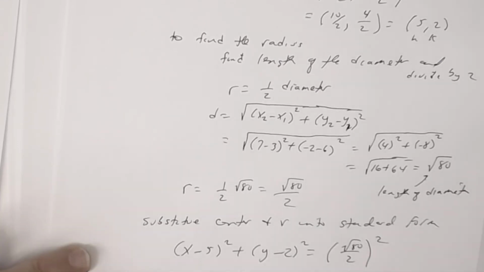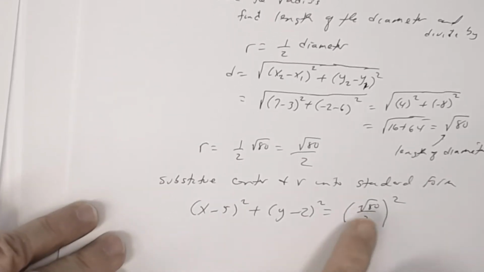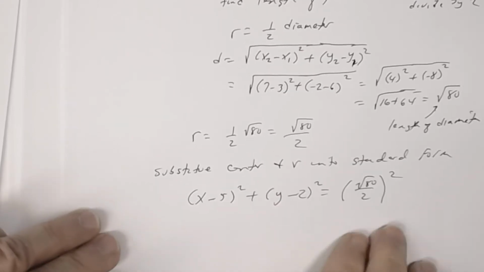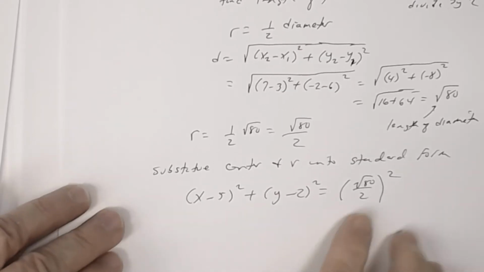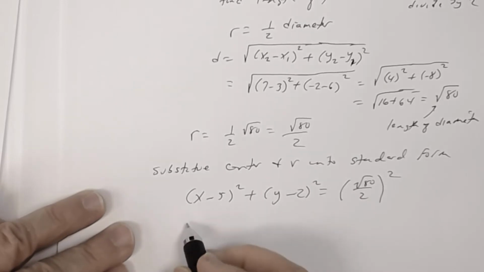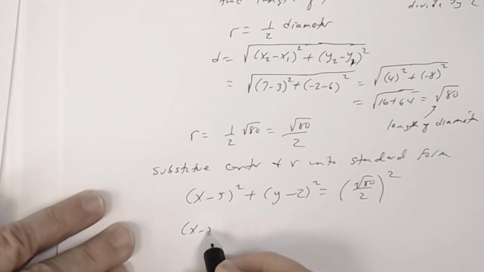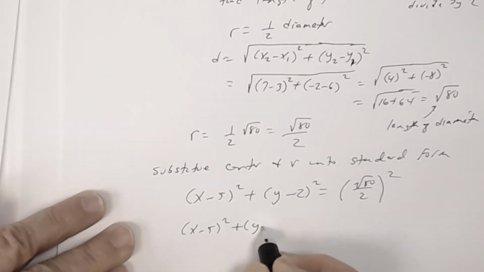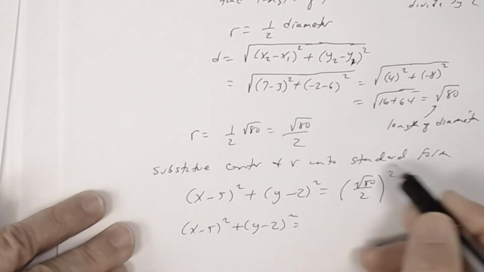squared. Now, don't leave it like this. We expect you to simplify this. If you leave it like this, you're not going to get full credit, because we do expect you to go a little bit further with this part here, because you have the prerequisite skills to determine this. So my answer will be x minus 5 squared plus y minus 2 squared equals,